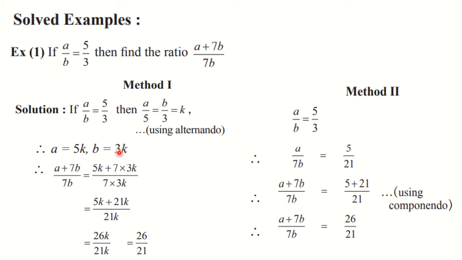Either you can use this method or you can use this method. You will find that this method is easy, so you can use it. But please don't forget to take k. Directly in place of A, if you are writing 5, then you are wrong, because you know that it is a ratio and is always in reduced form. So the value of A is not 5, the value of A is 5k. Always there is some constant present, so take a note of that. And try to understand and write it.